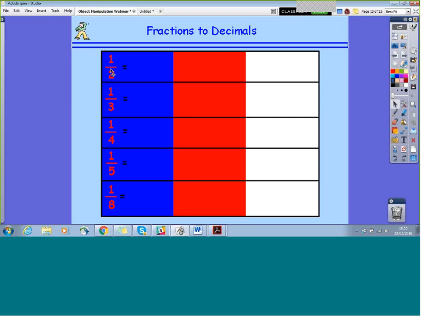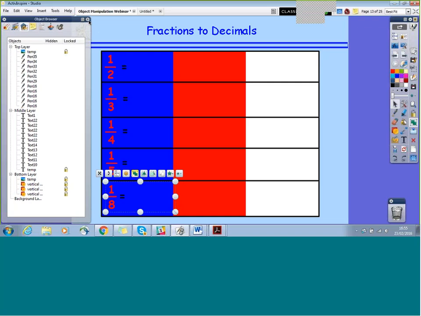Now, the other thing that I have done here is I have set my objects to only move horizontally. So I've restricted the movement. And this makes it much nicer and much more effective than my learners coming up and being able to drag those anywhere. In order to put a restrictor on an object, you want to just select the object, and then